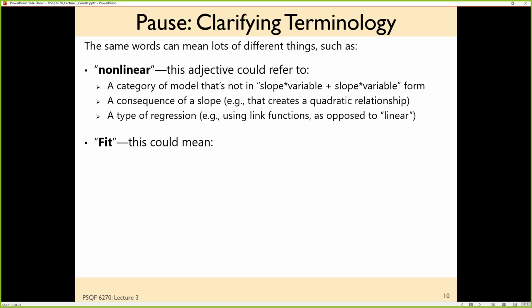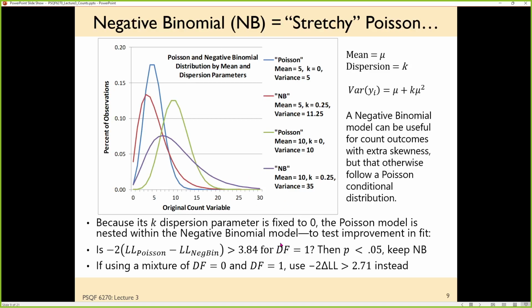Yeah. So when we do something like a likelihood ratio test, this is what's known as a relative fit comparison. Does negative binomial fit better than Poisson? Neither of those tells us if the two models fit at all, right? It could be like negative binomial is less shitty than Poisson, but it's still shitty.